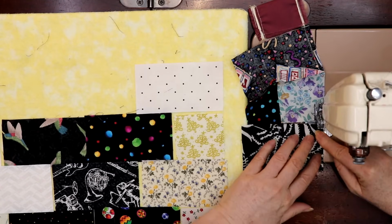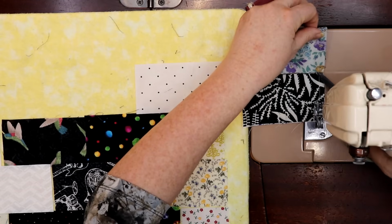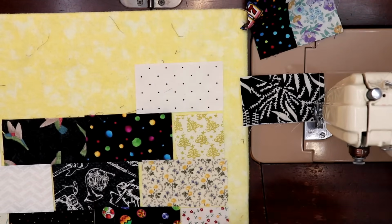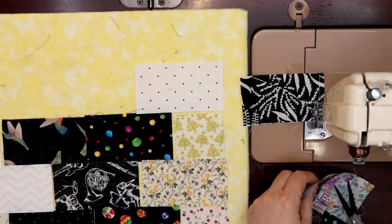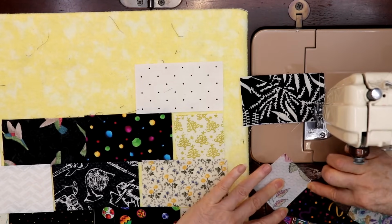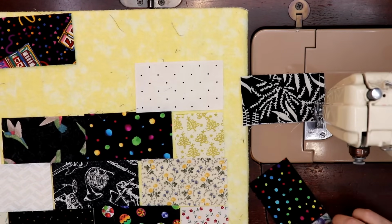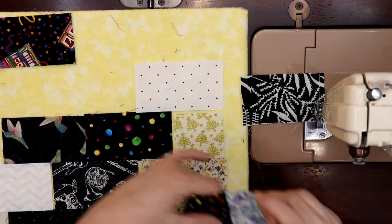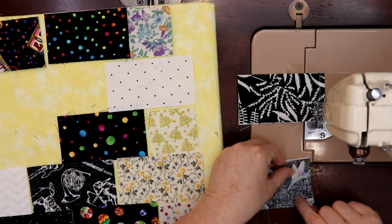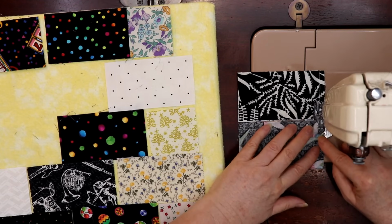And there we go. So I've got a little pair of scissors here. So this is the top row. Take this, and basically what I'm going to do is press to the dark, or in this case the black. So I'm going to roll this over, and I'm going to sew together as much of it as I can before I have to. There we go. Just get as much of this sewn together